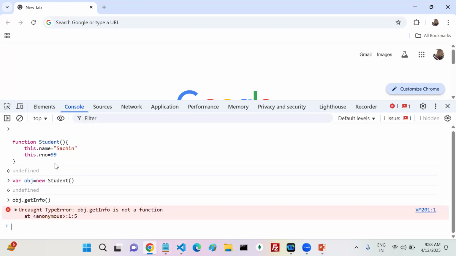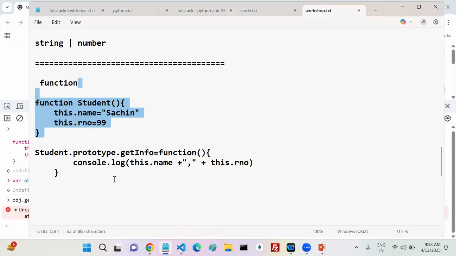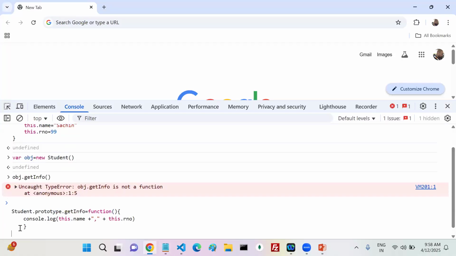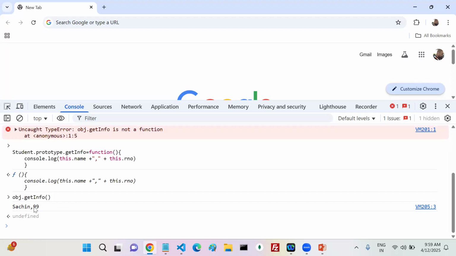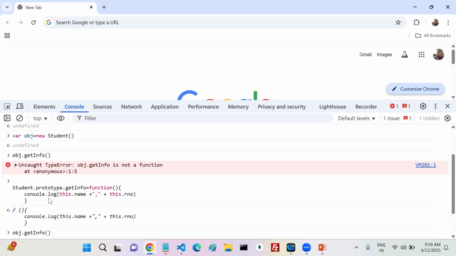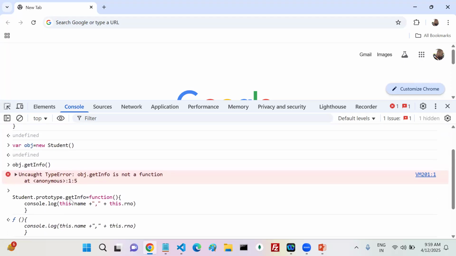Can we push getInfo from outside into my class? How can we? By using inheritance, through prototyping. Like this you can. Now you can call the same getInfo and get the output. So this is the way I can inherit members into my class. Now you can come to know why I had this discussion.